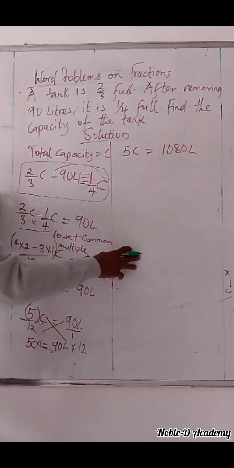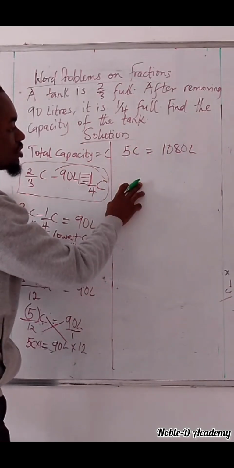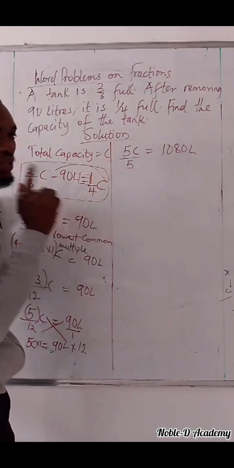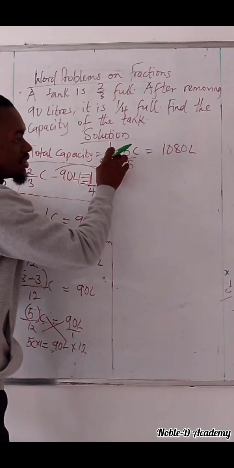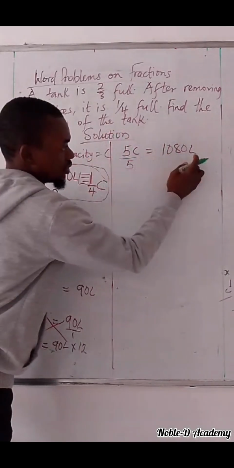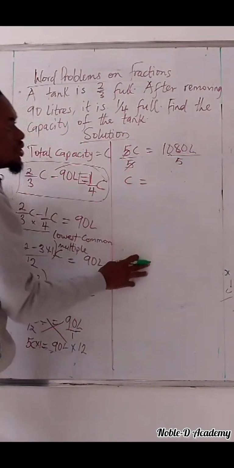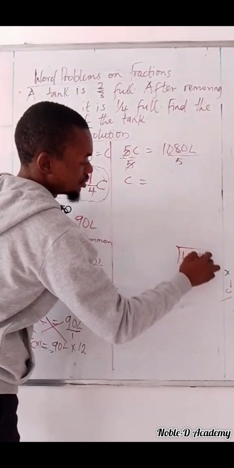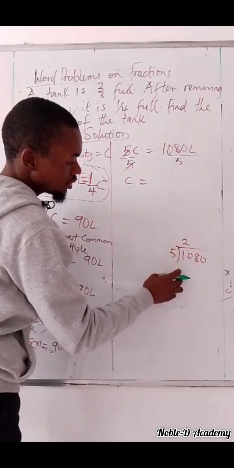But we still need to get C. We are going to get C by dividing by the coefficient of C, and the coefficient of C here is 5. When we say coefficient, we are simply saying what is attached to C. This is C, and this is what is attached to C. It is 5. So whatever we do on the left side, we also do on the right side. So we're dividing by 5 here too. So now C is going to be equal to 1080 divided by 5. So 5 in 10 is 2, and then 5